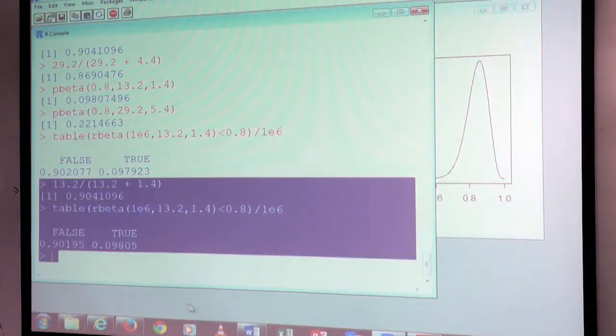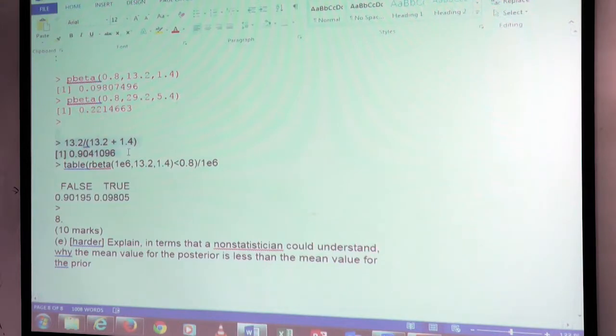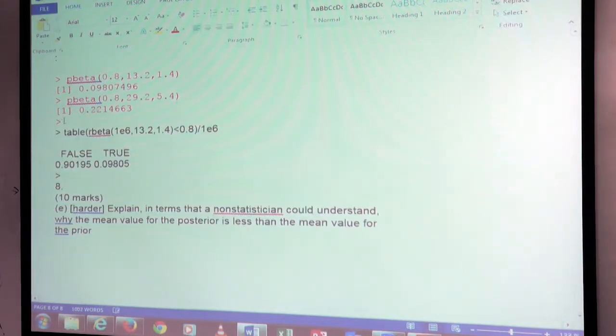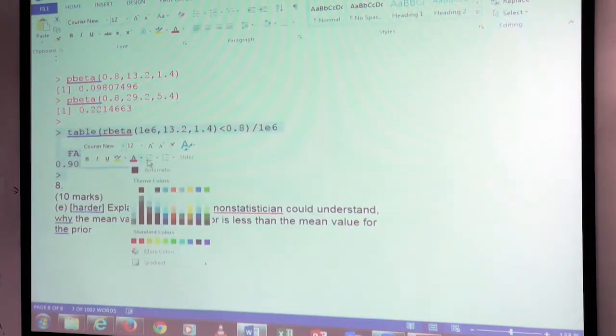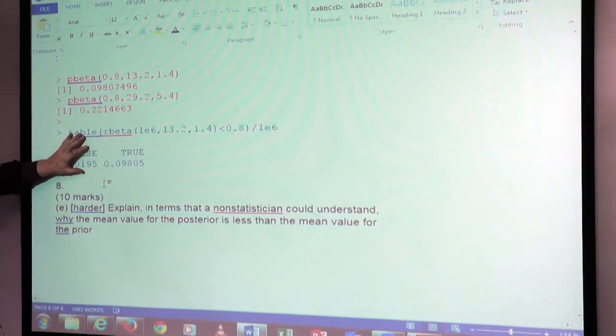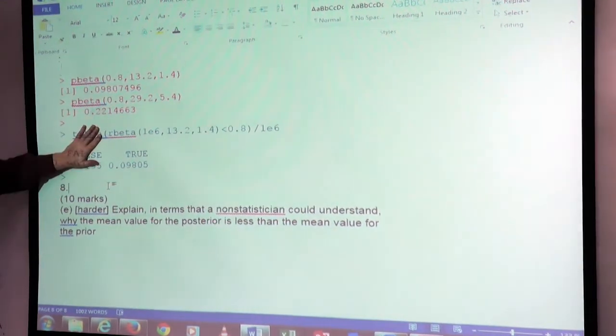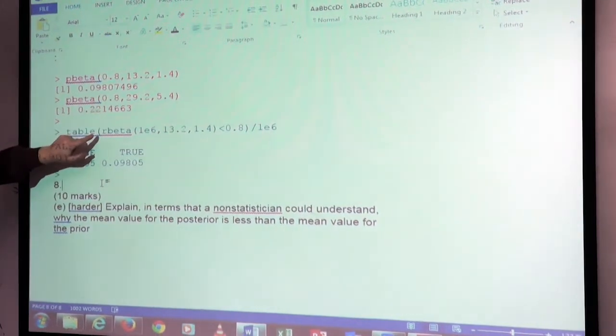Right click copy, that's the prior, isn't it? Go to Word, right click, paste. What colour should this be? The question doesn't ask for it, so there's no point making it red because it asks for the theoretical probabilities. That's just a check. And if that number there was very different from this,